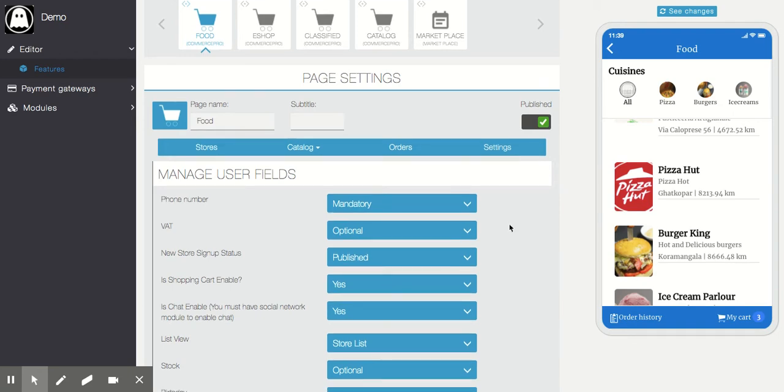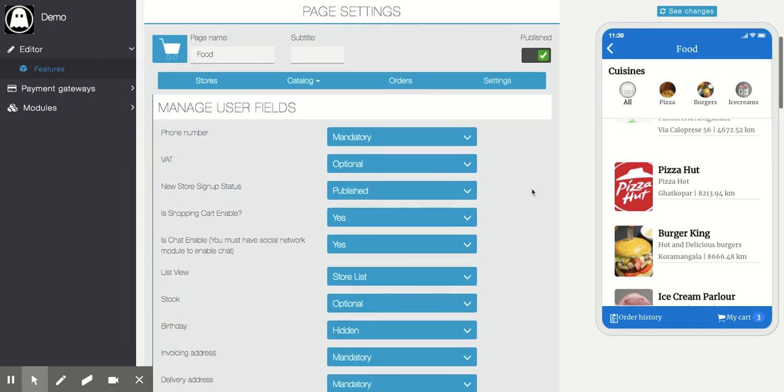Hello friends, in this video we are going to see how Commerce Pro works and also how it is integrated with the marketplace module, and whether it is important to use both modules or just one is enough for your use cases. So we are going to see everything Commerce Pro can do standalone and what the advantage of using the marketplace module is.